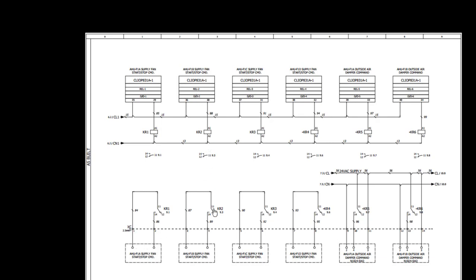Similarly, for all the fans it is similar. We have only 2 points for the fan command, so we need only 2 terminals. And then here we have the damper. Here we need 3 terminals. Why? Because for the damper wiring, as we saw in the field devices wirings, we also need a 24 volt power supply for the damper, and then we need an on off command. So here, as you can see, KR5 is the relay to open or close the damper. The damper also needs a 24 volt power supply.